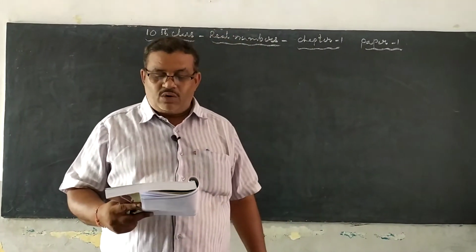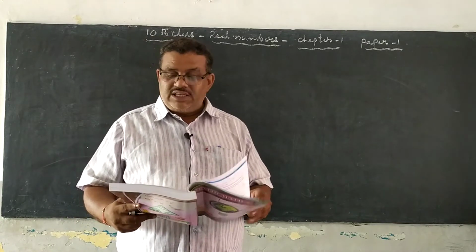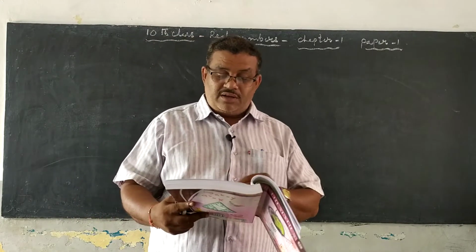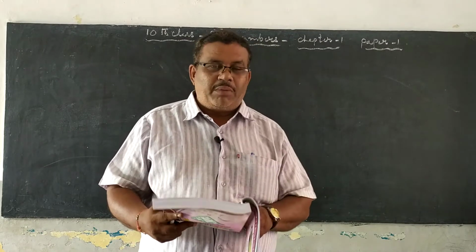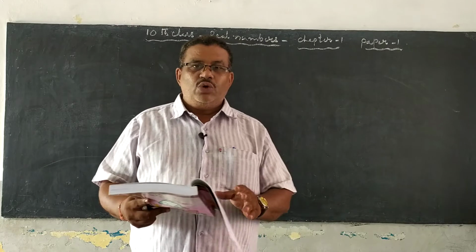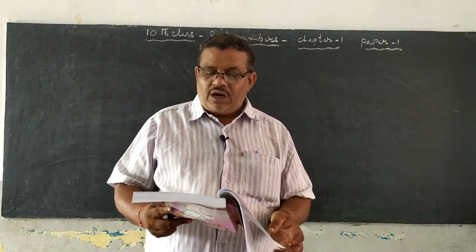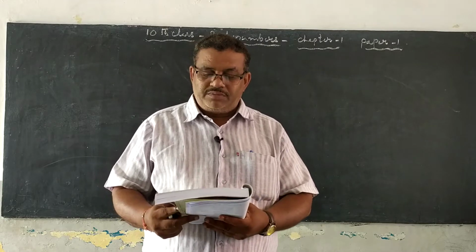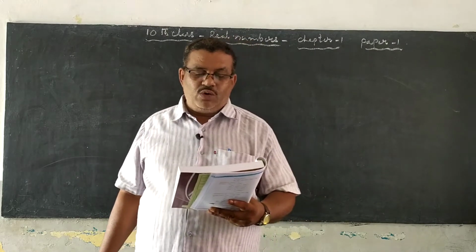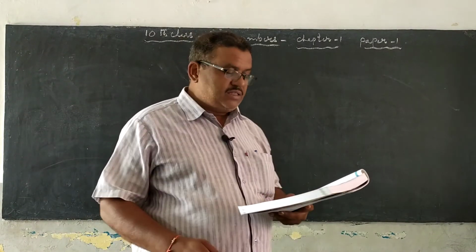Now the second question is log 128 by 625. This is the same as the example 11 problem model on page number 21. So you have to do the same problem yourself. And go through the third problem, log x square y cube z power 4. We will do this in this class.